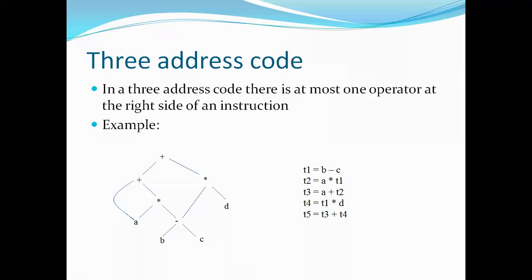There is an example of three address code representation where T1 is equal to B minus C. From this example, T1, B, C are the operands, and they can be names, any type of constants, or compiler generated temporaries. And the operator here, in statement number 1, is a minus operator. In between B and C, there is an operator. Compulsorily, it should be an operator.